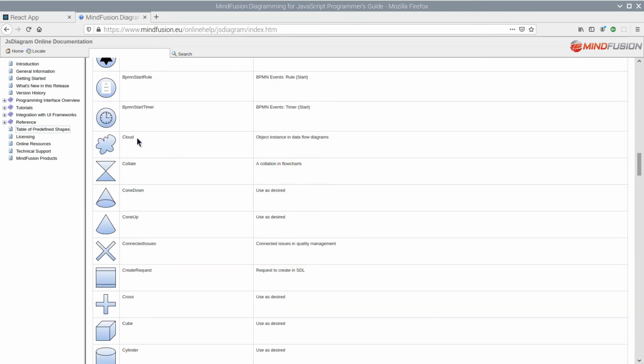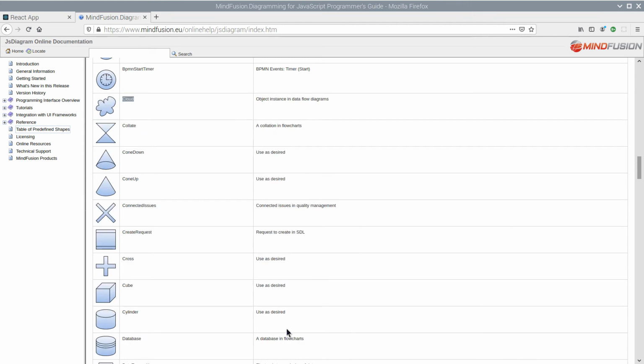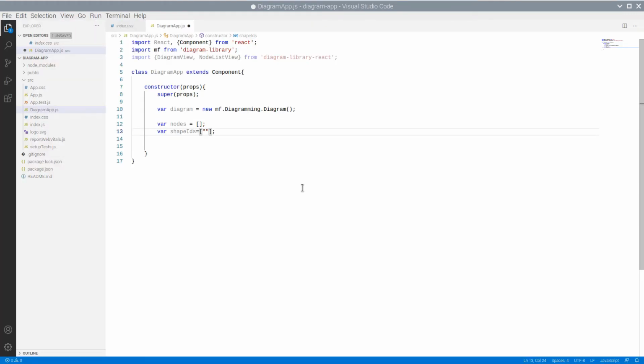Let's take several shapes that we like, for instance cloud, cube, and cylinder. Now we have 3 members in the shape IDs array, and we will use those IDs to create 3 shape nodes.